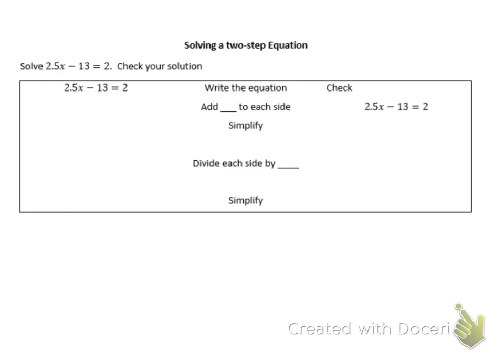So I've got multiplying by 2.5. I've also got this minus 13. Now that's what I'm going to start with. I'm going to start with adding 13. If we wanted to start dividing by